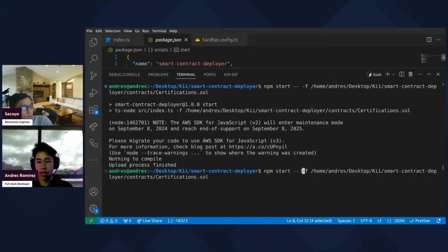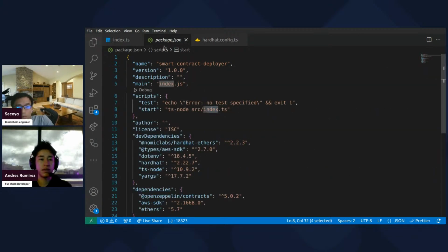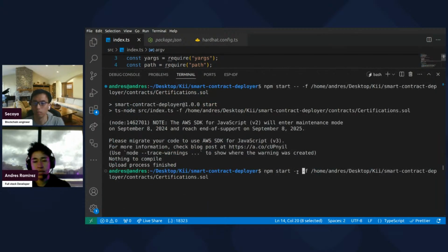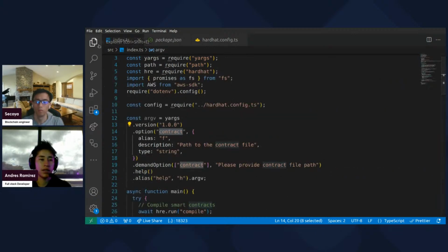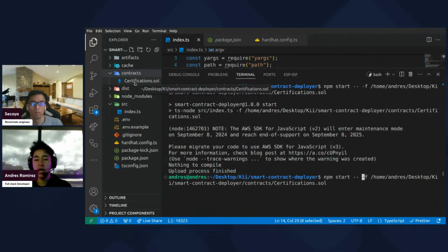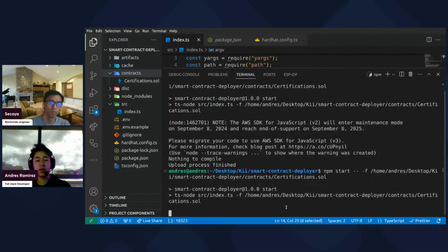Then the -f, which we have specified before here. With the f flag, we are going to define the path of the smart contract, or you can just use contract. Got it? So in this case, I'm going to use the f and then the path of the smart contract. Remember, that is located in contracts and then certifications.sol. If we launch this command,